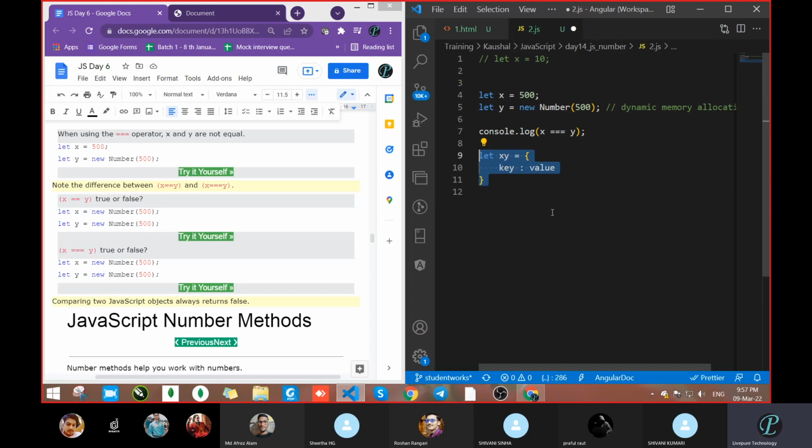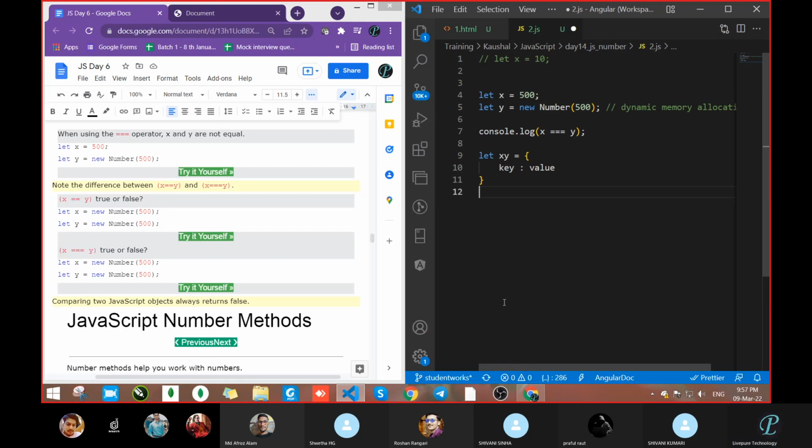But if anybody asks what is an object, you can tell this itself. But if they ask how you will create the object, the question will be like that, you can go with the new operator. What will it do? With the help of the new operator, we can create an object and dynamic memory will get allocated for that particular object.